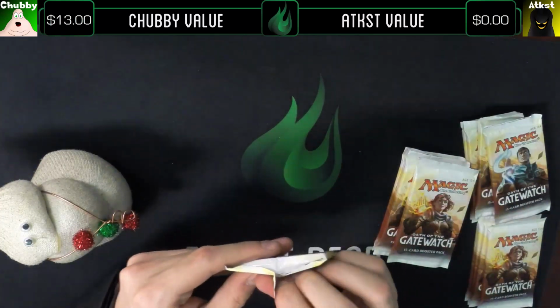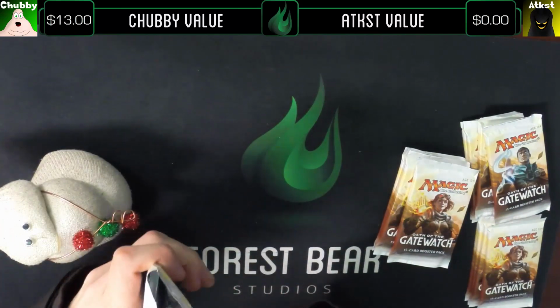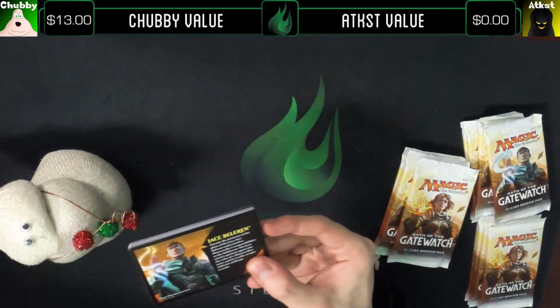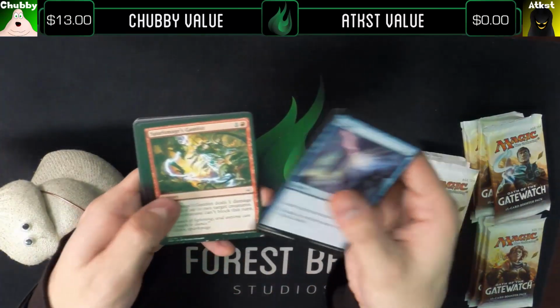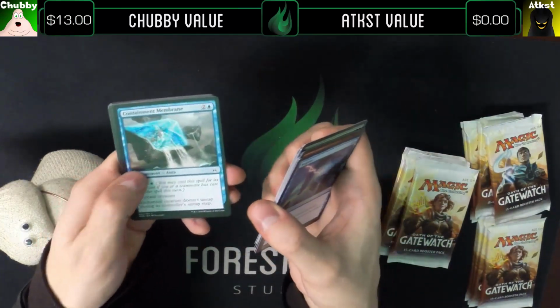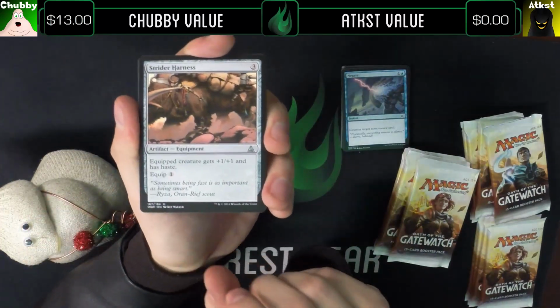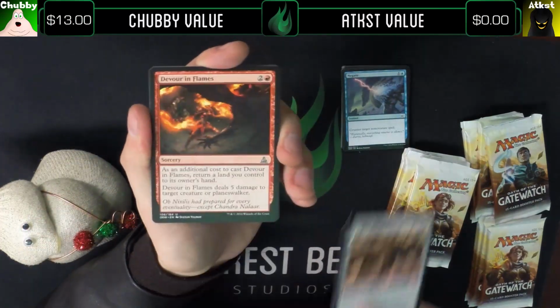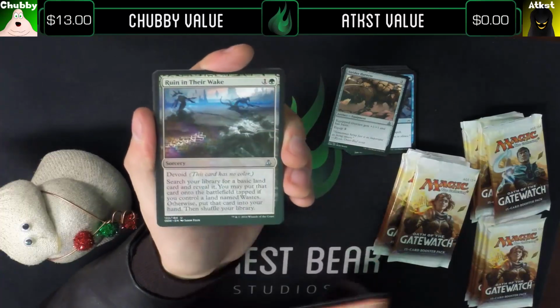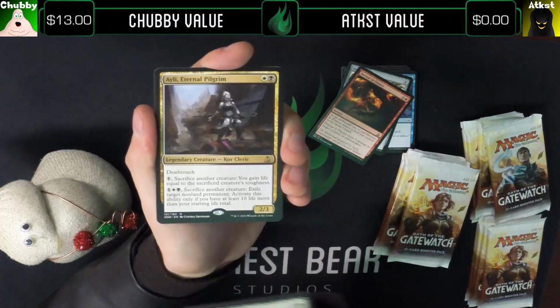Swamp. All right. So, no mythics yet. No, nothing too exciting. Let's hope to change that. Except for, of course, the $1.5 million misprints. Wastes. Yeah. There's a Wastes in there. So, Strider Harness. Devour in Flames. Ruin in Their Wake. And...